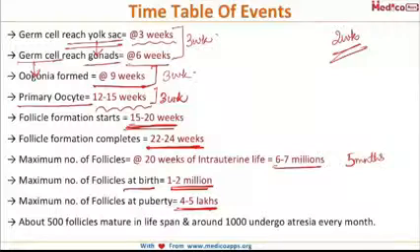And what is the rate of this degeneration? Every month, around 1000 of these follicles are degenerated. So with this, we come to an end of